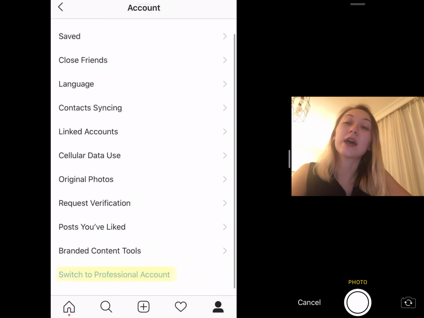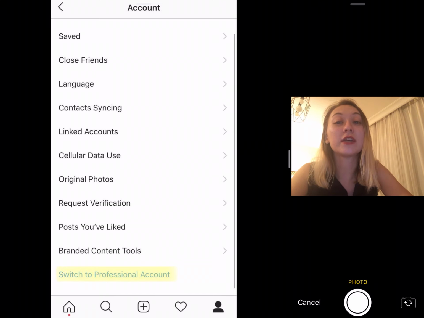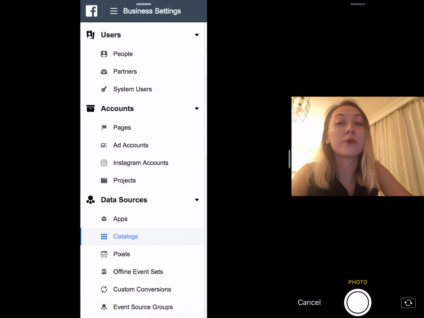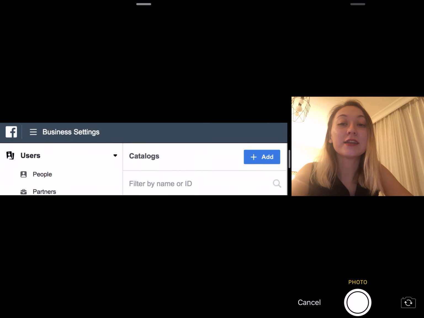And the other step is to create a catalog in Facebook Business Manager using Google Shopping feed. And at first, go to Google Merchant menu in your dashboard shop settings, copy your Google Merchant feed URL, and go to Facebook Business Manager, select Data Sources in the sidebar and choose Catalogs. And then create a new catalog by clicking the Add button and choose Create a new catalog